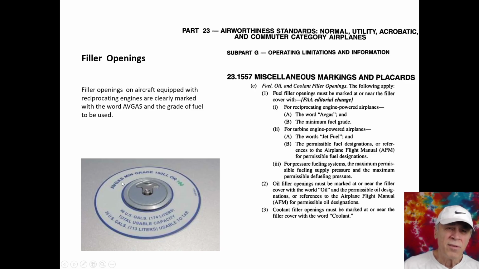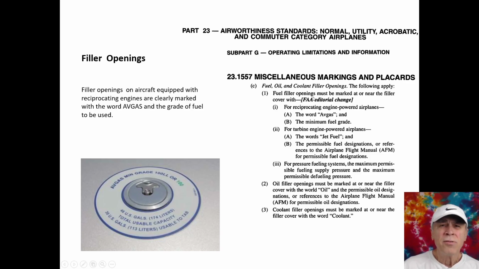In this case, it's avgas minimum grade 100LL, which you can even see has the blue color for 100LL or the green for 100. And it has information as to the maximum capacity of the fuel cell,